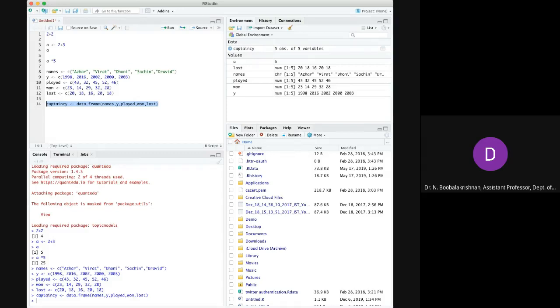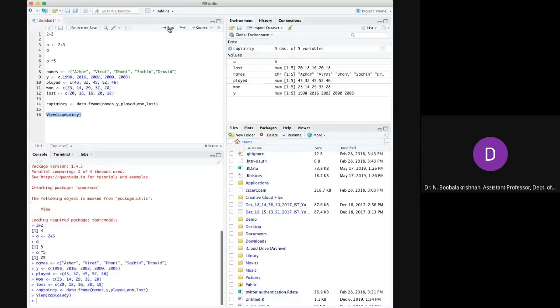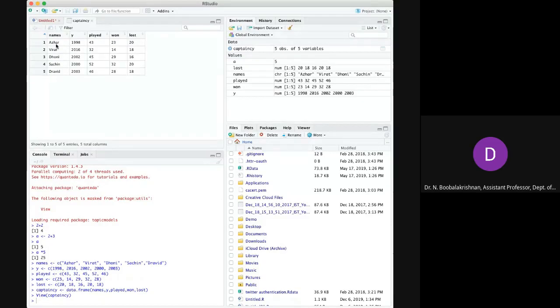If you want to see this data, there is an option view. View captaincy, because the name of the data frame which we create is captaincy. Just select and run. You got the table data, no?